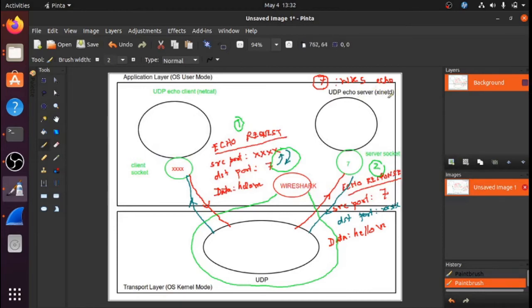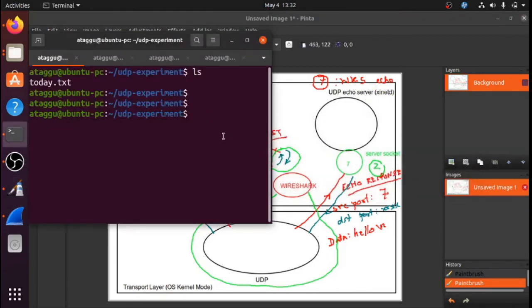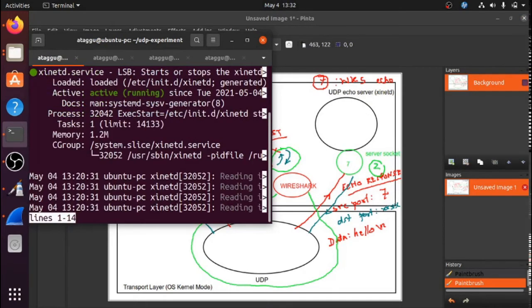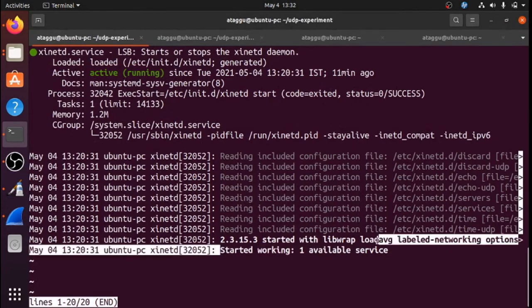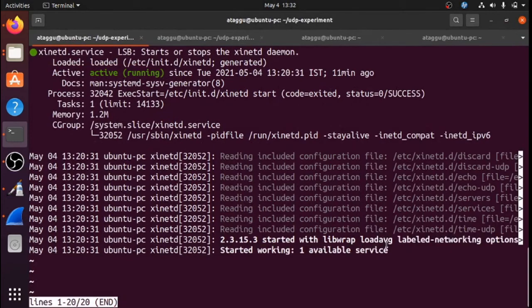The echo server xinetd is already running. And how will you check it? We'll say service xinetd status. If we do this, we see that it has already started running and it has one available service, namely the echo protocol. So I think it's okay here.